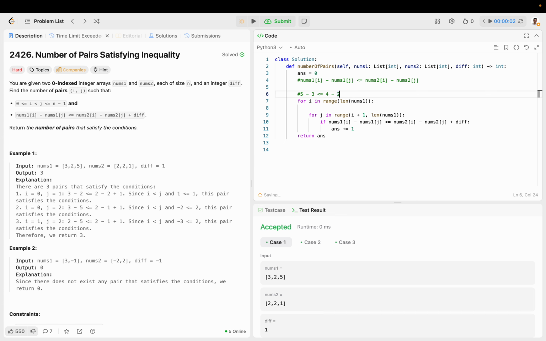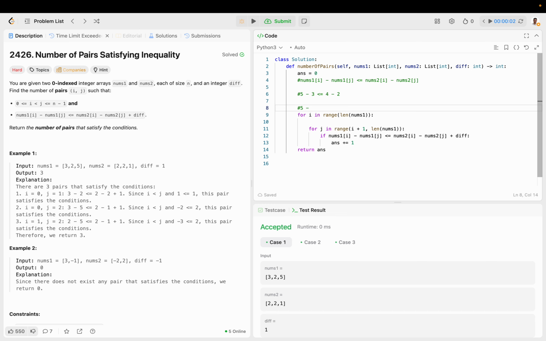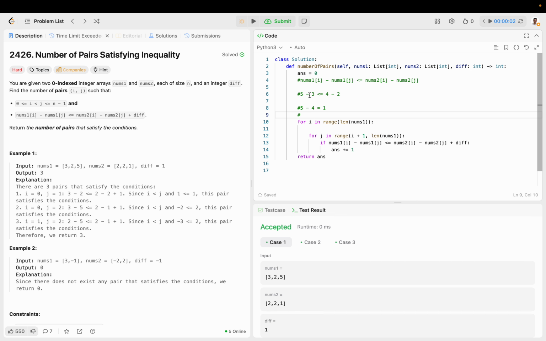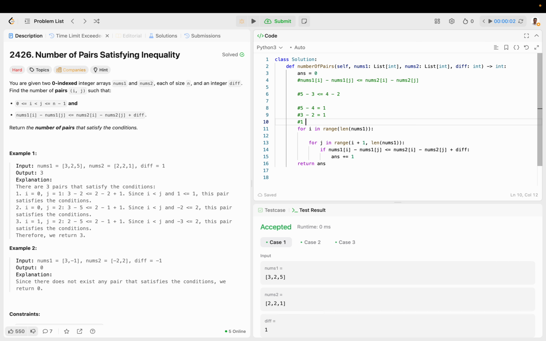That's true. Why is it true? Because 5 minus 4 is equal to 1. And 3 minus 2 is equal to 1. 1 is less than or equal to 1. So that's true, right? So as long as this is true, then we can just go ahead and say it's